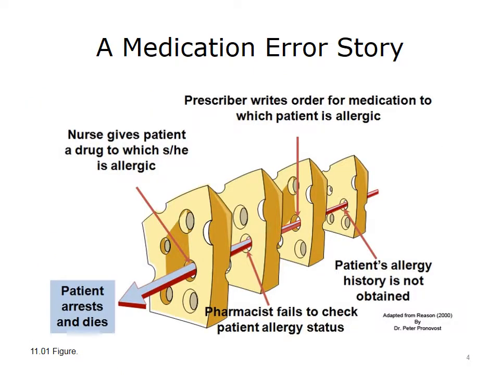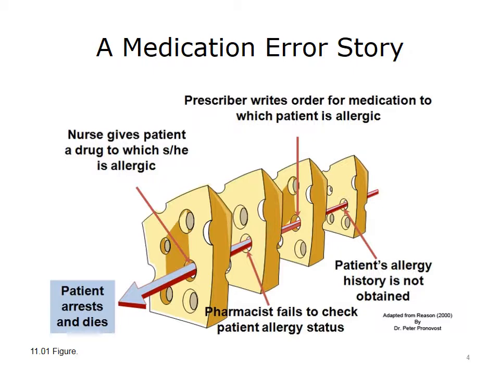Let's take a classic medication error, using the "Swiss cheese model" of system failure proposed by James Reason. He likened the healthcare system to a stack of Swiss cheese slices, where each slice represents an action or event in the care delivery process. The holes in the cheese are places that a process can fail, despite everyone's best intentions. Each cheese slice is a defensive layer in the process. When an error passes through one of the gaps in the line of defense, it usually bumps up against another defense.